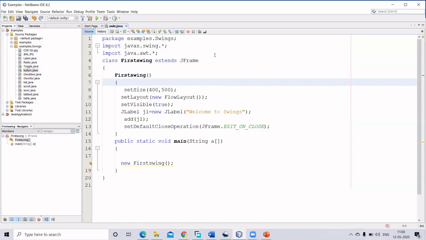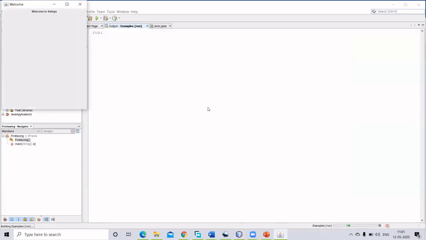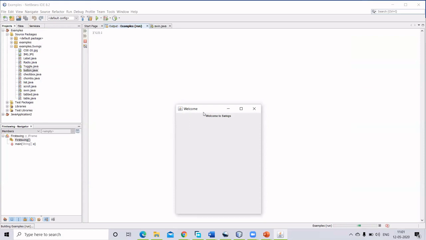I have a constructor which is called JFrame. Inside this JFrame, you can call super. So you will have a constructor with a string parameter. From this constructor, if I want to call the superclass constructor, I can directly use super and pass my "Welcome". So this super will be calling the parameterized constructor which is there in the JFrame. Now if I run, can you see the string here? Yes, ma'am. So that "Welcome" is placed here.